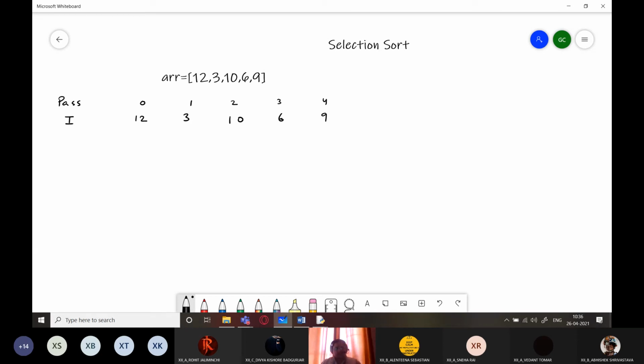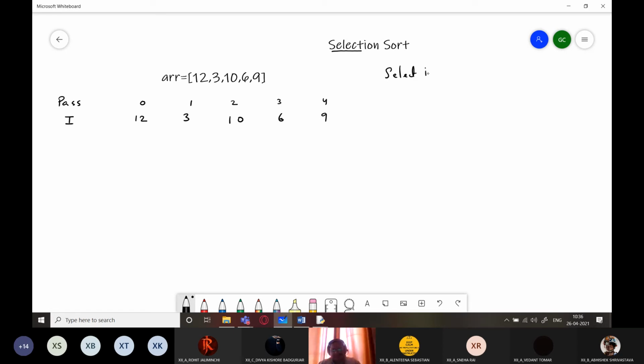Just by looking at this list of numbers, we can do it in our minds. But when it comes to a computer doing it, we have to give it specific instructions and tell it how to do it, right? So we are going to follow the selection sort method, where the name itself says selection, that is, to select.